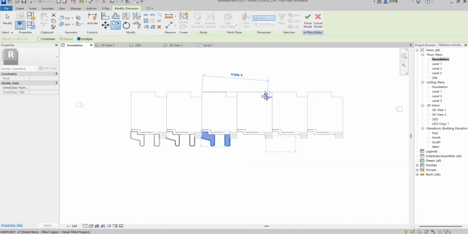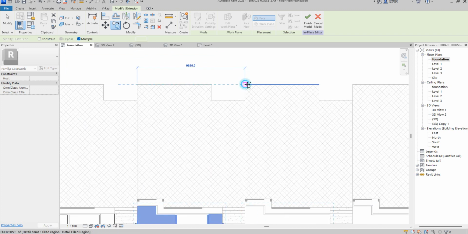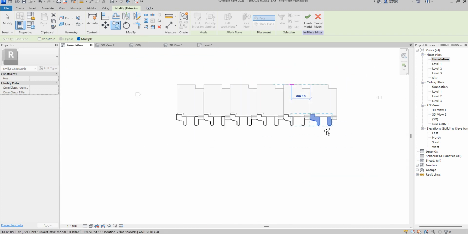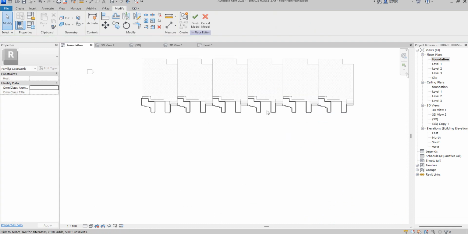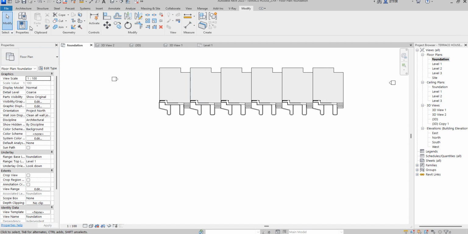So you make sure that you snap to that point. Good. So you are done with this. So next to do is that you click finish. As you have done with the finish, then you come to this,